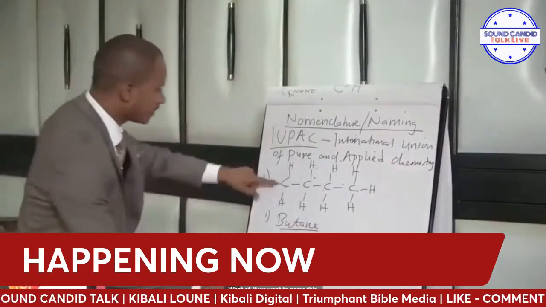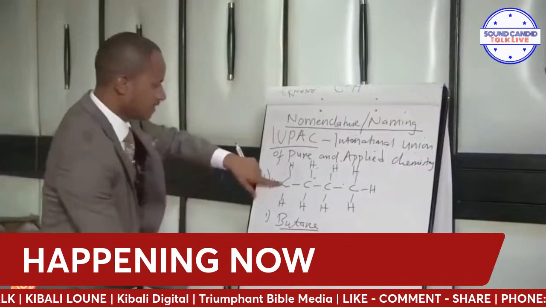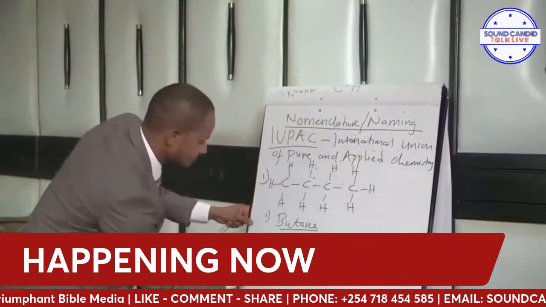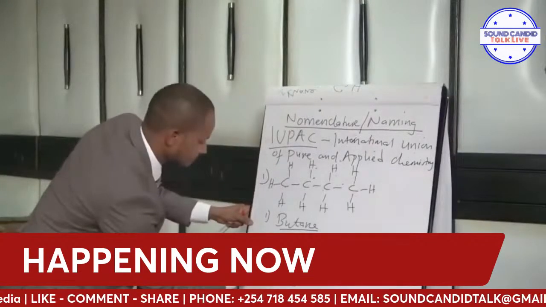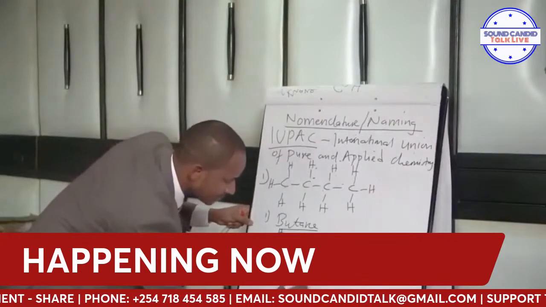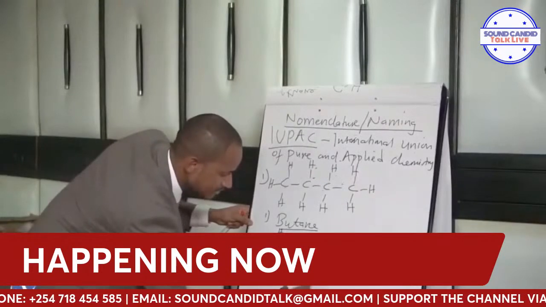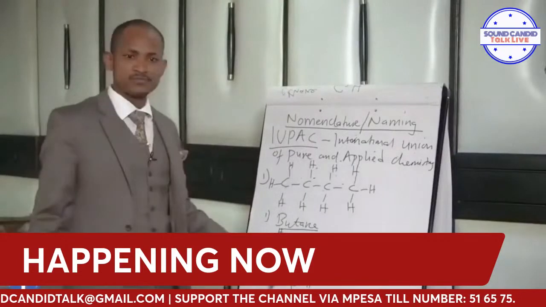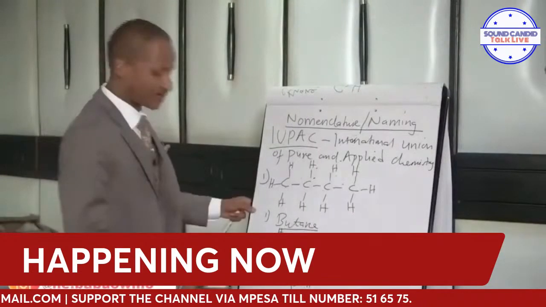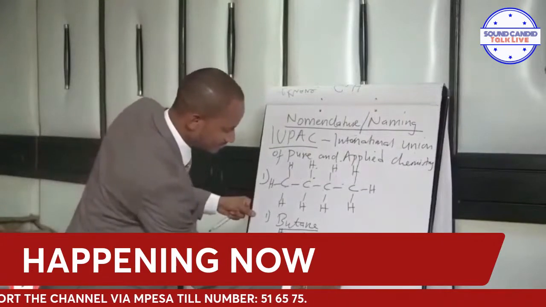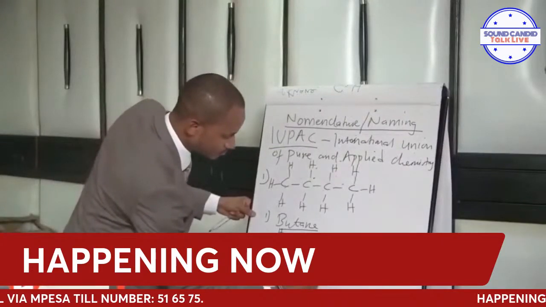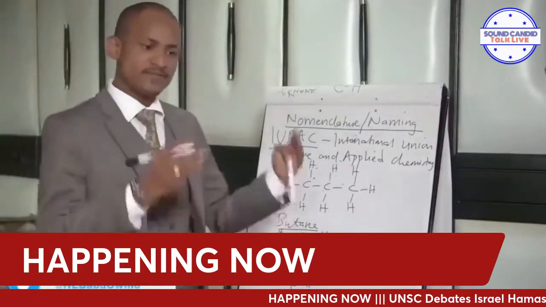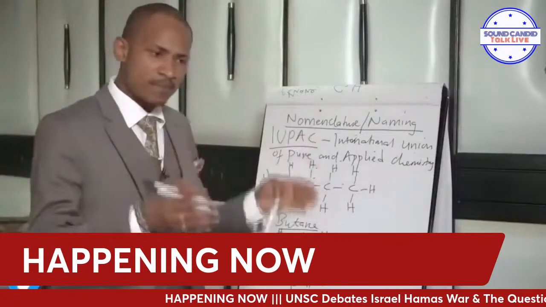What if we want to name this? Make sure you clothe it, or put a mask on it, since there is corona. If you don't put on a mask for the carbon, then it may be infected by corona, and you know that is now dangerous. So you clothe carbon with hydrogen. The first step in naming, identify the longest continuous carbon chain.